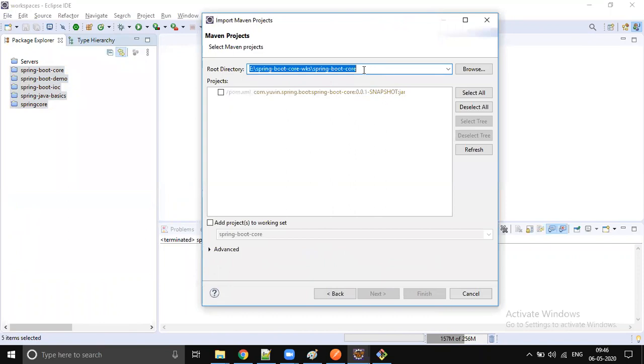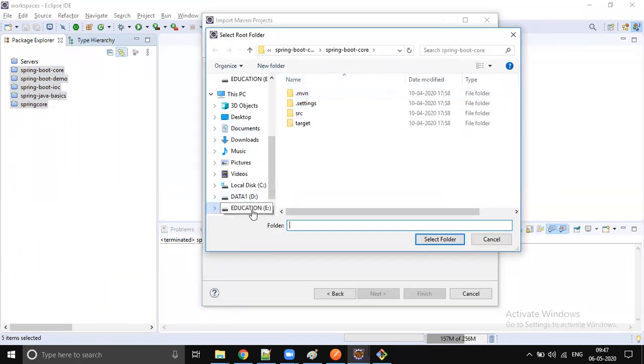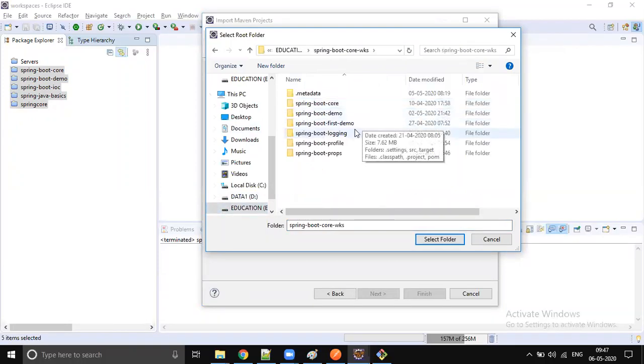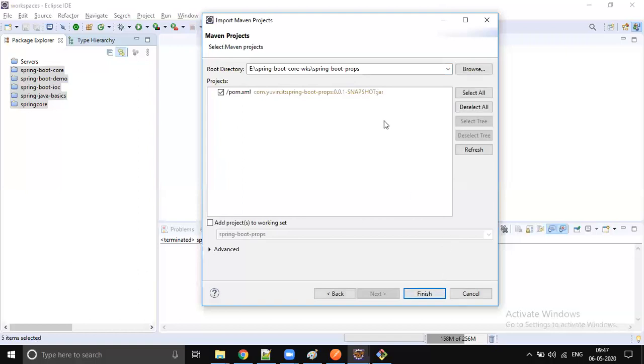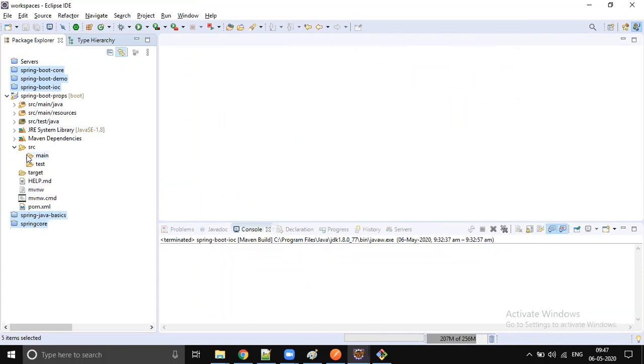The existing Maven project is in my E drive, Spring Boot core workspace. Here is a project which talks about properties. Let's select the pom.xml file and click Finish. Eclipse will take a while to import the project into your package explorer.